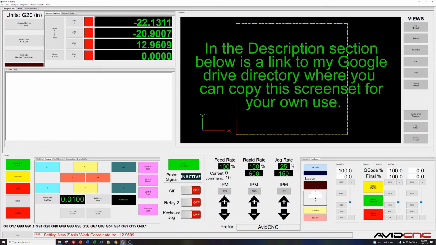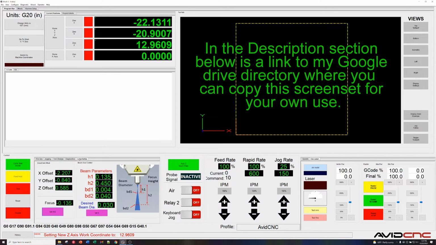In here, I've added a laser setup menu. So this whole menu I created, this left half here, allows me to do X, Y, and Z offsets, and that's specifically for using the electronic touch plate with an offset conducting rod. So I showed that rod that I had beside my laser, so I can use the Avid Auto Z touch plate functionality